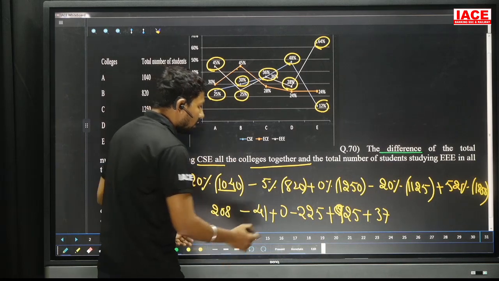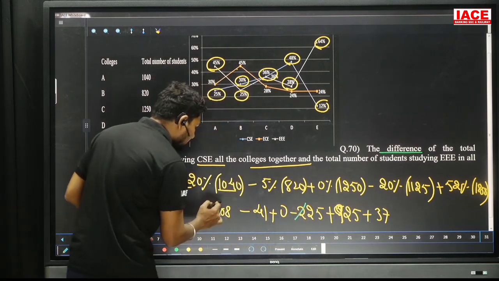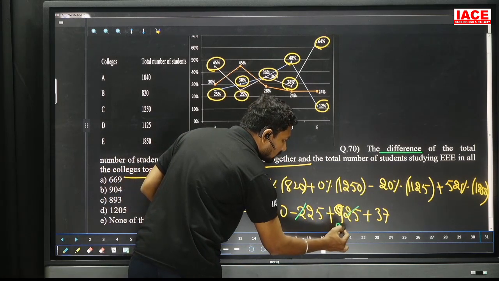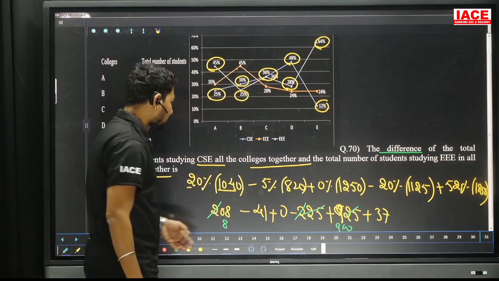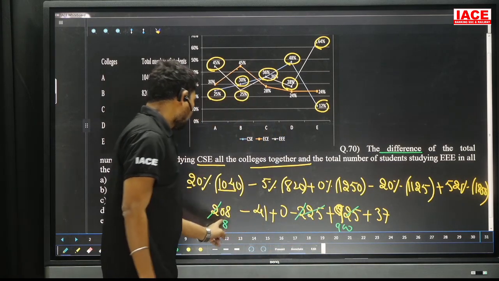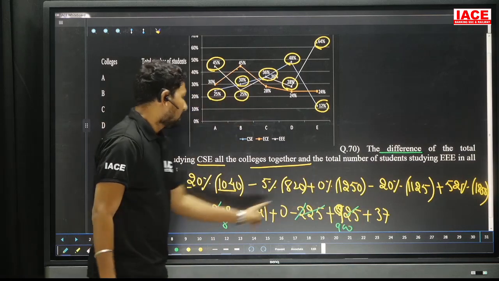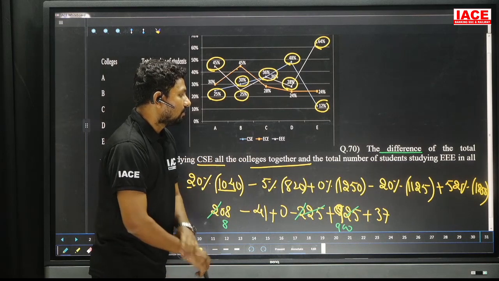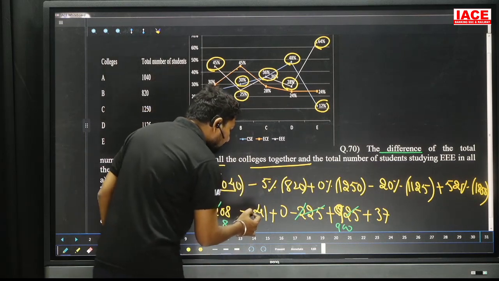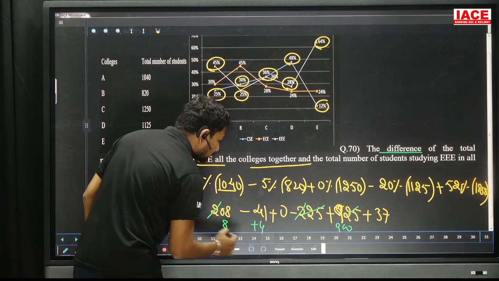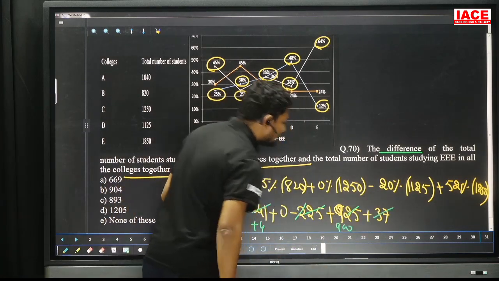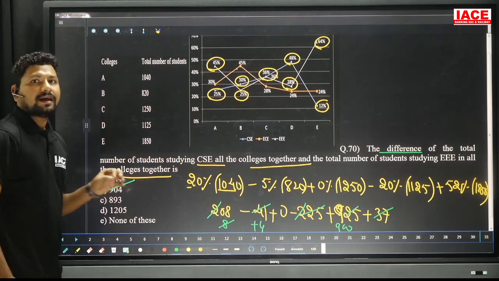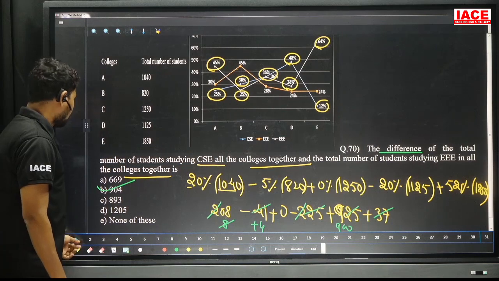So look at 225 we have to cancel. Here the 200 cancel, here the 200 cancel, remaining value is 8. Here remaining value is 25. Minus 25 is removing. Here the value is 900. Finally, 225 cancel. And minus 41 remove it. 8 plus 37 is equal to 45. From 45, 41 will be removed. We'll get the answer plus 4. So 8 cancel, 41 cancel, 37 cancel. Then the extra value is plus 4. 900 plus 4. That is our answer. Our answer is B, 904 here. And let's move to the next.